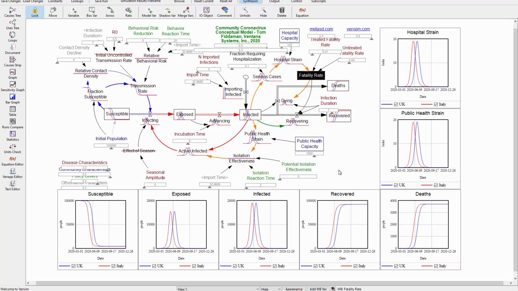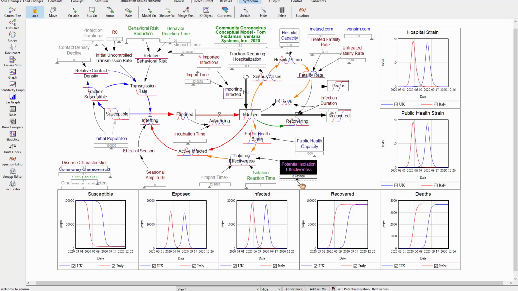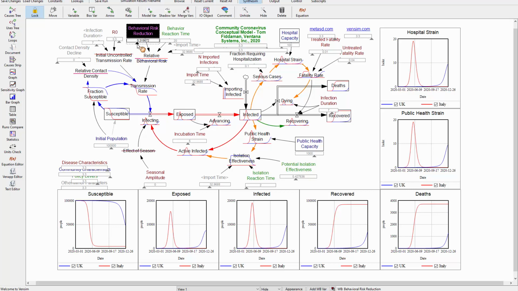So what would make things better? Well, really, the crucial thing is to have a robust public health response that can delay things, but again, it too gets overwhelmed. Even more critical than that is to have a scalable, robust behavioral response in the general population: social distancing, hand washing, and everything else that you need to do in order to shut down this vicious cycle, this reinforcing feedback loop that drives the infection.